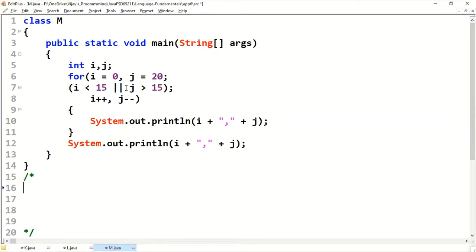For the first iteration, i is 0, j is 20. Now, keep track of the i value and j value. i value 0, j value 20.